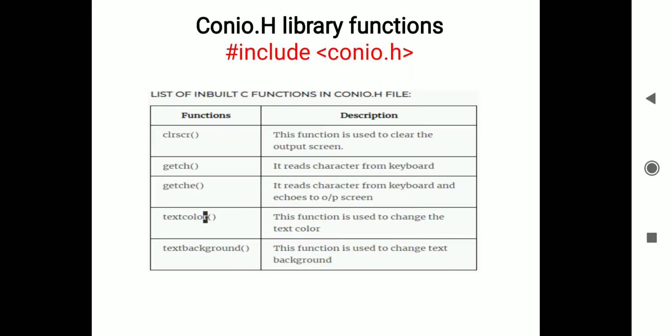There are different types of standard library functions. C standard library functions, or simply C library functions, are inbuilt functions in C programming. This means the prototype and data definition of these functions are present in their respective header files, such as the stdio.h file, the string.h file and the conio.h file. To use these functions, we need to include the header file in our program.